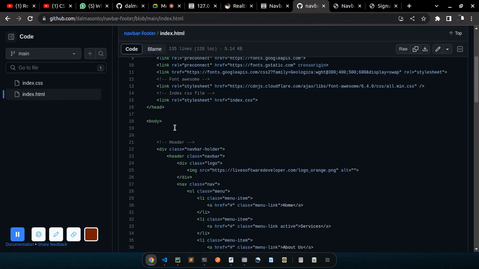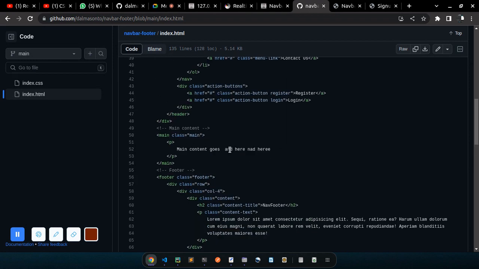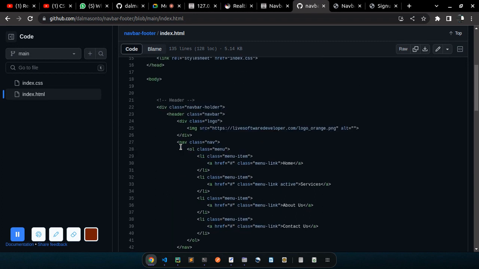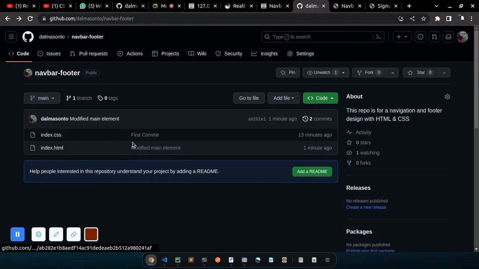You might notice this here. It will say main content goes here and here and here. This is what I have in my local. You don't have to build a new repository. It will just update the existing code in the repository. So if I go back a bit, you could be able to see different messages. For example, this one says modified main element. This is what we have done just a minute ago, and this is what we did 13 minutes ago,